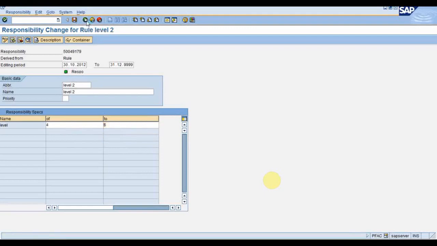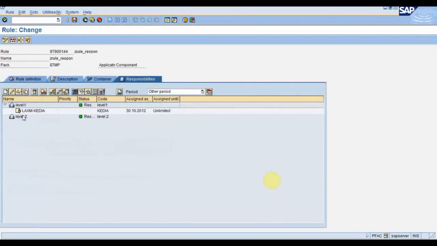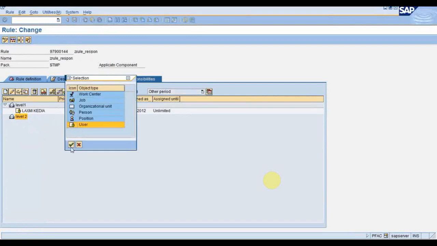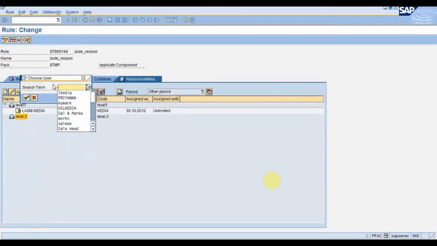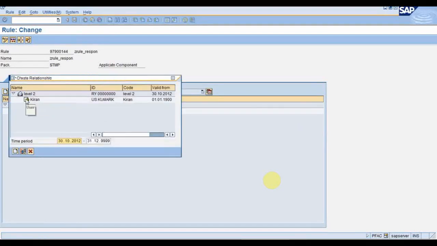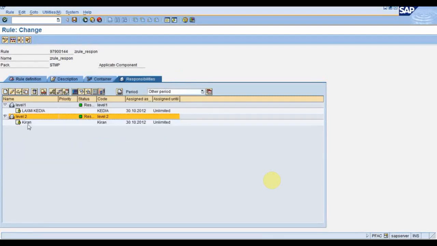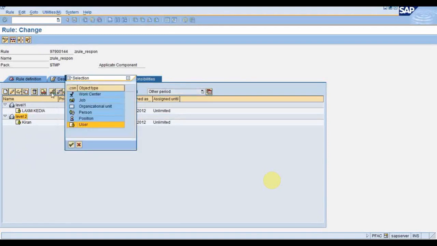Now save it and go back. Now select this level 2 and do the agent assignment. Select user. Now here write, suppose, Kumar K. Any user ID you can create. So for level 2, suppose Kumar K, again select this. I'm assigning one more user.